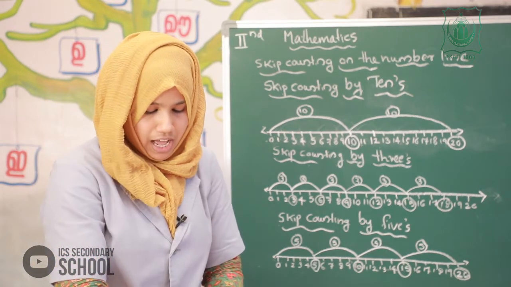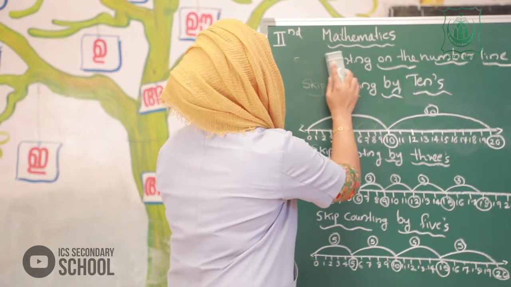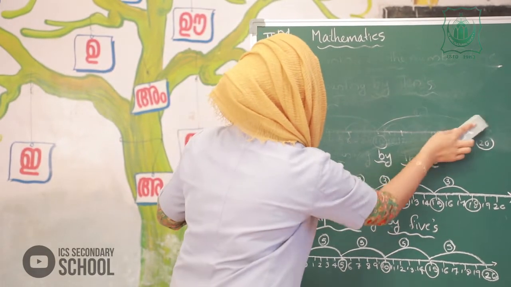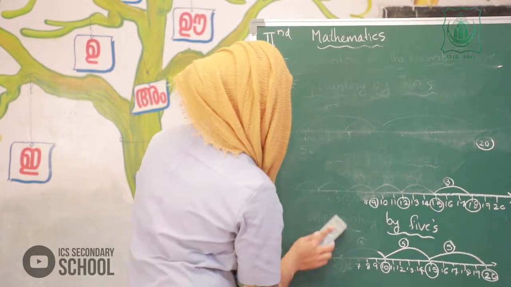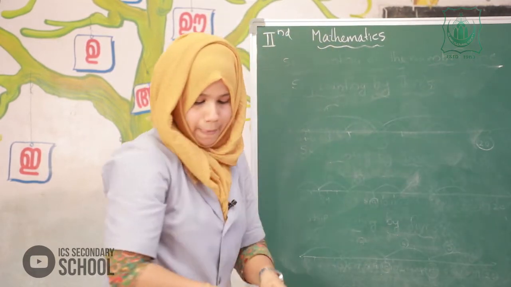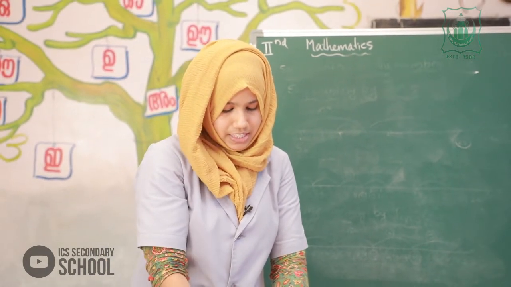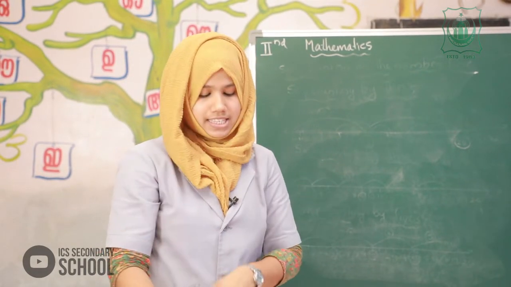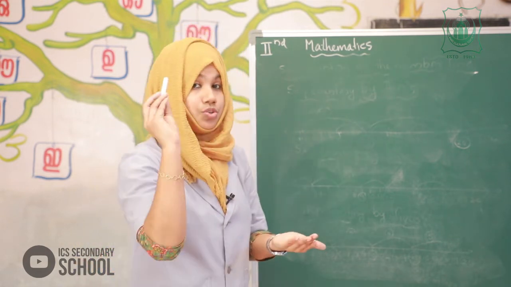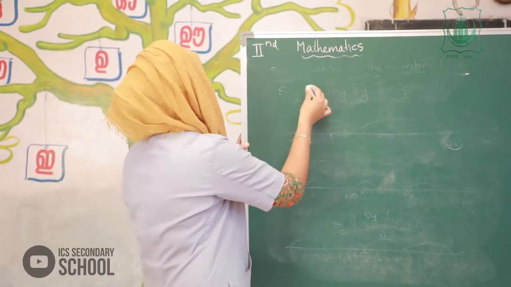There is no doubt. Exercise page number 60. All of you take the math textbook and open page number 60. Page number 60, exercise 5, A, B, C, D. 4 exercises are there. First one is skip count by 2, start from 2. The question is very important. So, I will show how to solve that.